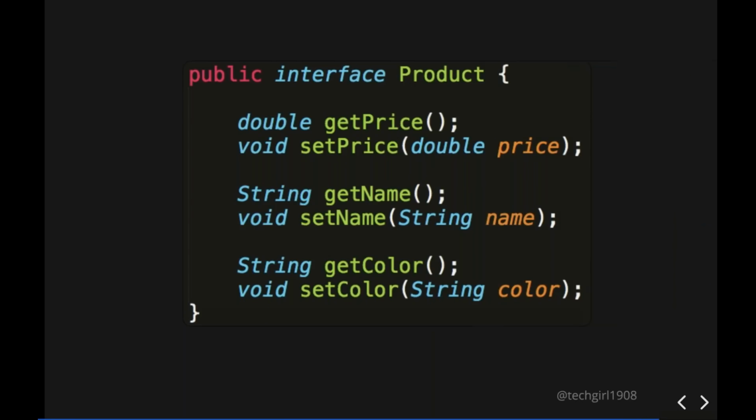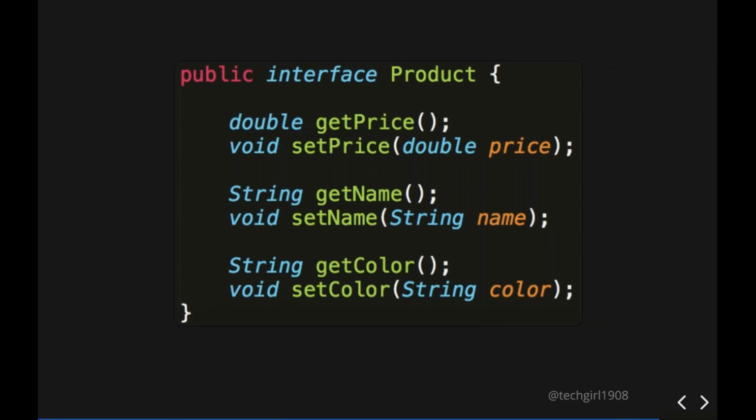right? So let's look at this interface, which is a product. And this interface defines methods. An interface doesn't typically provide implementation details. Instead, it's just giving you the blueprint, the template. It's saying if you have any type of product, then your product should have these methods in it. You should be able to get and set a price, get and set a name, get and set a color, right? For any product. I don't know how you're going to do that. I don't care how you're going to do that, but these are the things that should exist in your class,